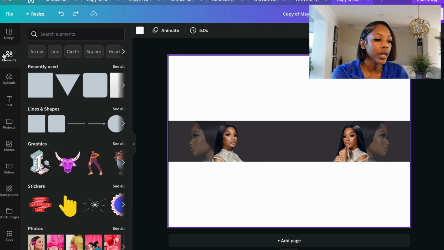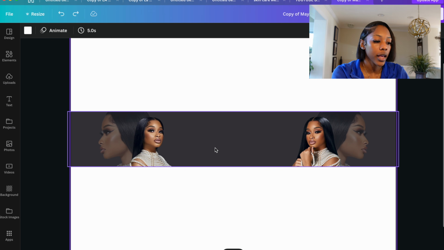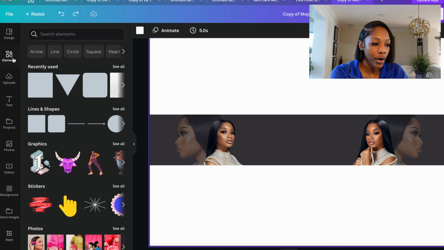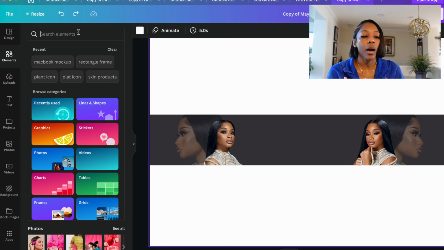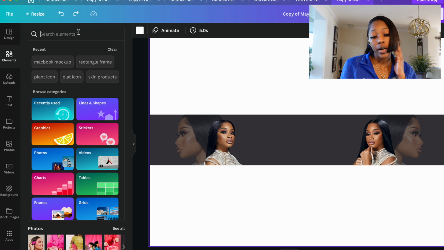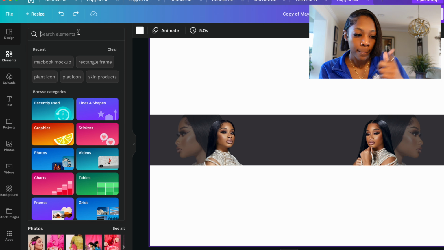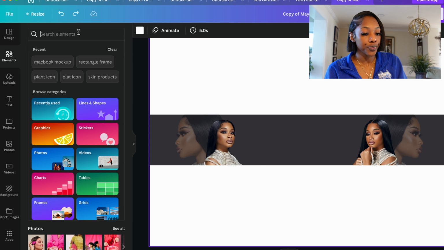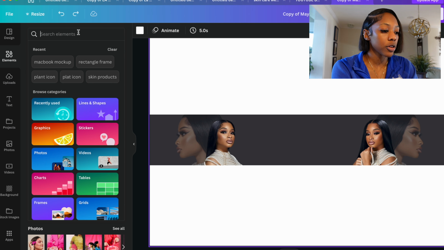So lately I've been really liking the smoky look and effect, overlaying a lot of my different designs and flyers that I've been doing. So to find that, you go to your elements tab, right? And my elements tab is my most favorite tab in the whole entire Canva, because you can search up anything that you want, anything that comes to mind for your design. You can search it in there and it'll be there for you to put onto your design. So we're gonna look up smoke